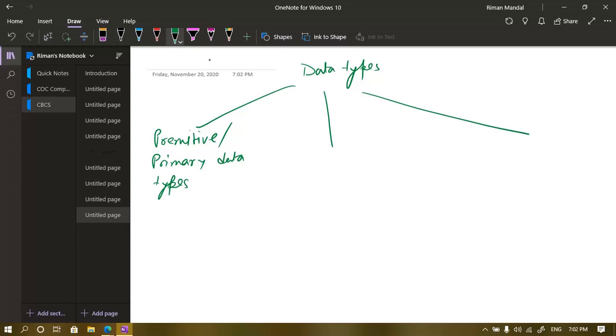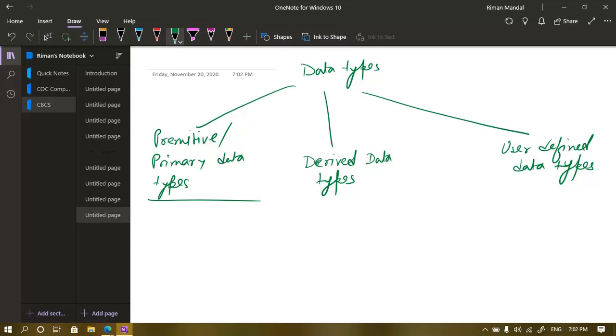Number two is derived data type. And number three is user-defined data types. Primitive data types are the basic data types that are available within the library of C,